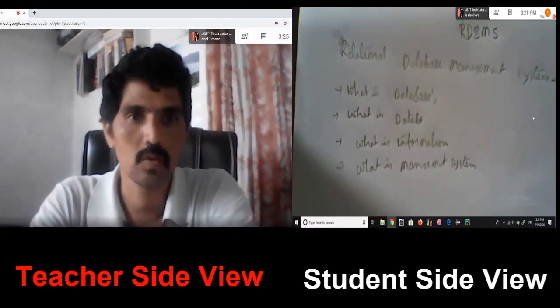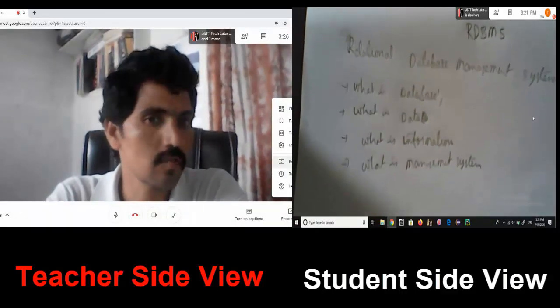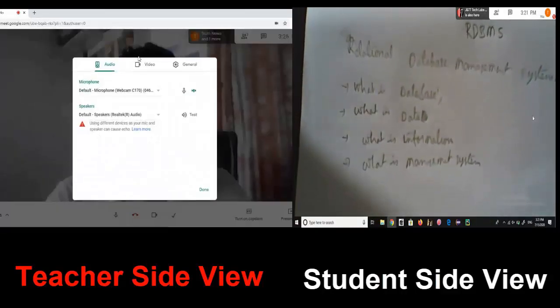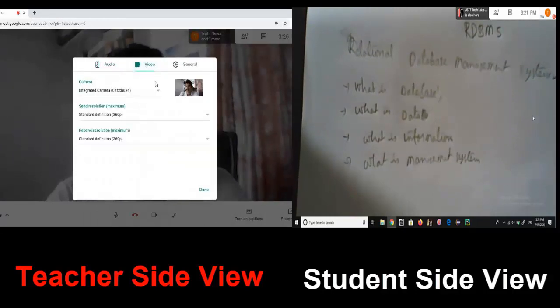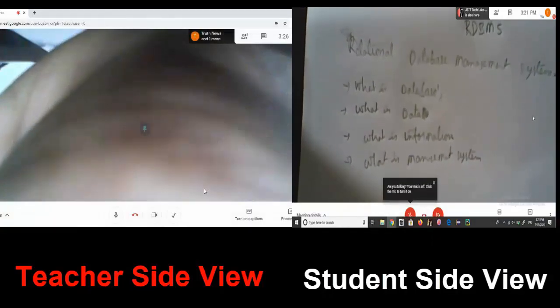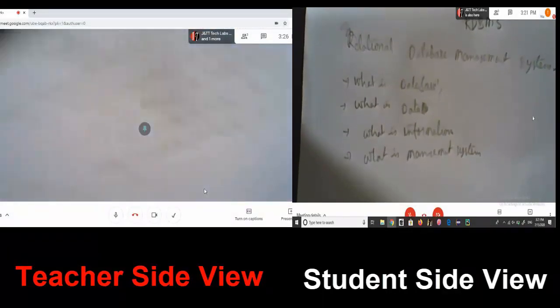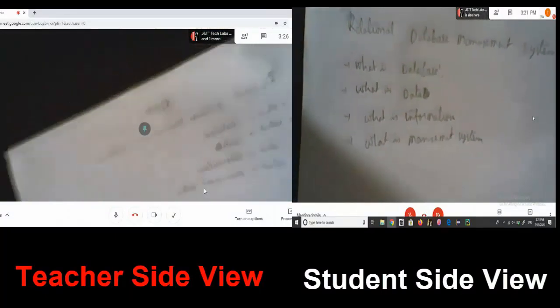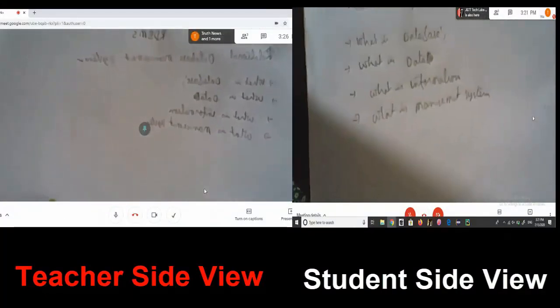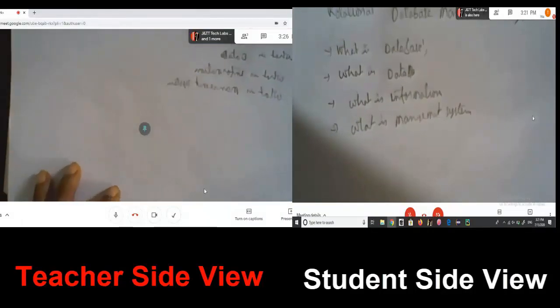You can see here now. Camera 1 is on. If you want to see the second camera, the second camera will be focused on the paper. So how will the writing screen be displayed? Now see here, it will be in a reverse manner, right? So it is not focusing in a proper manner. It will be reversed.